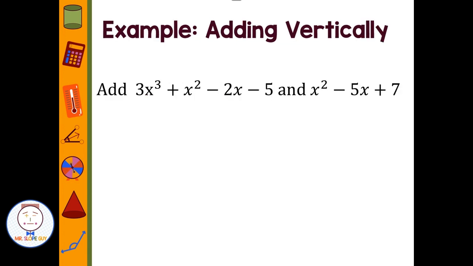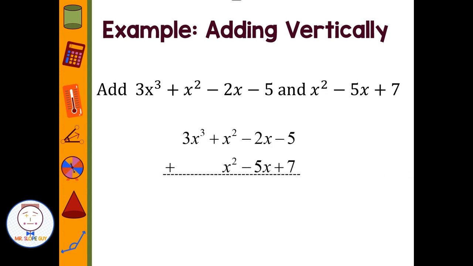So if I want to add these two polynomials, I'm going to set them up like I did in elementary school, where I had all the ones, the tens, the hundreds line up. I'm going to do the same thing in this case. I'm going to have all my x squareds line up, all my x terms line up, all my constant terms line up, and then I can add up and down just like I did in elementary school, like 3x to